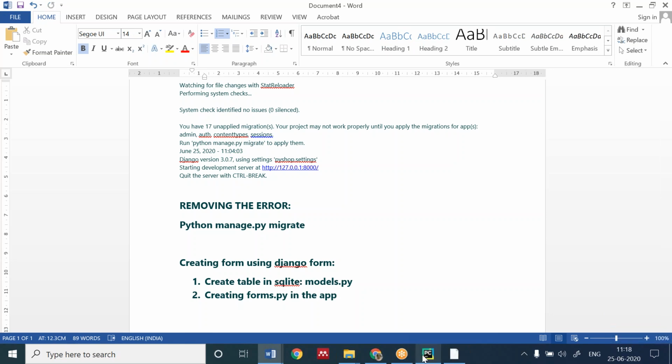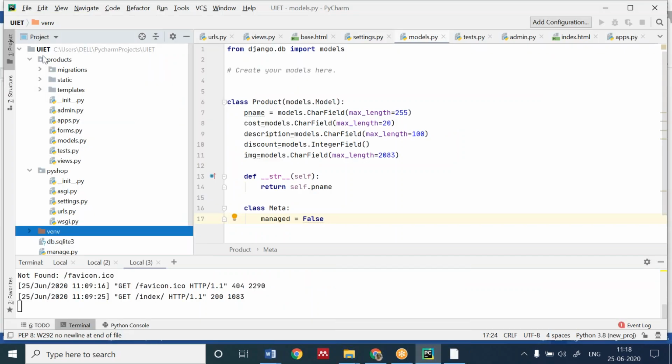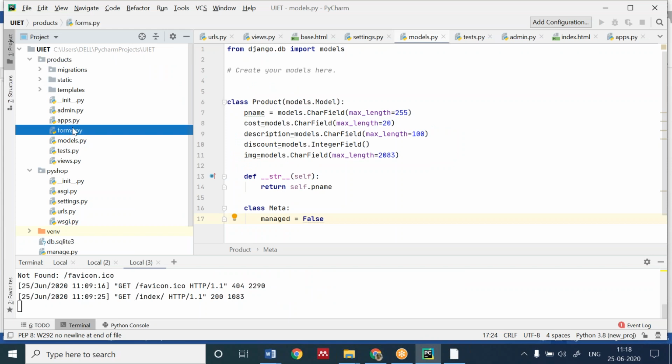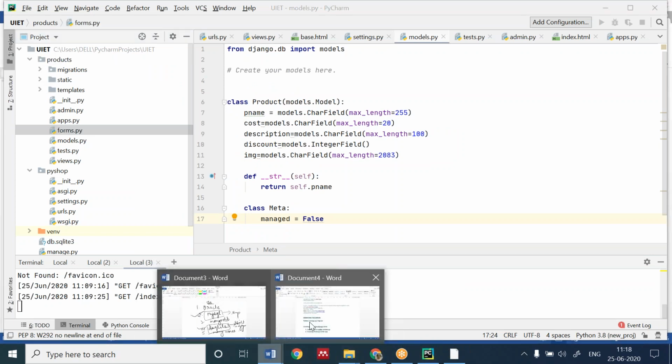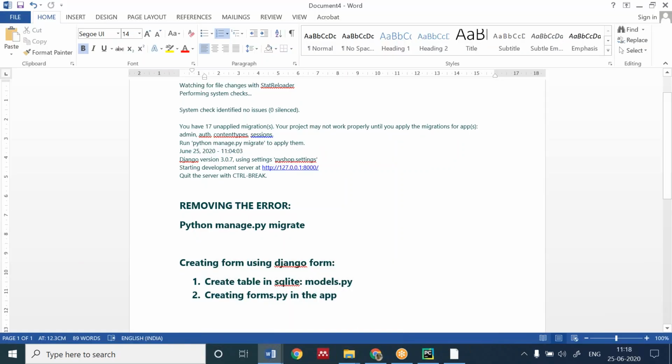Create a file with the name forms.py. As you can see, now I have forms.py. Create a forms.py file.